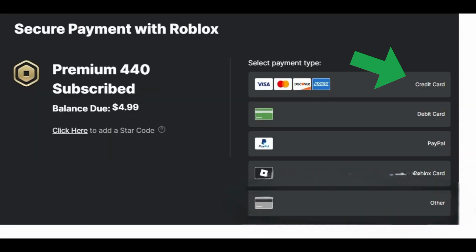At checkout, select credit card as your payment method. Even though this is a gift card, Roblox processes it the same way as a regular credit card. After that, enter your American Express gift card details, the full card number, expiration date, and the security code on the back. If you see a name field, you can enter your own name, but what really matters is the